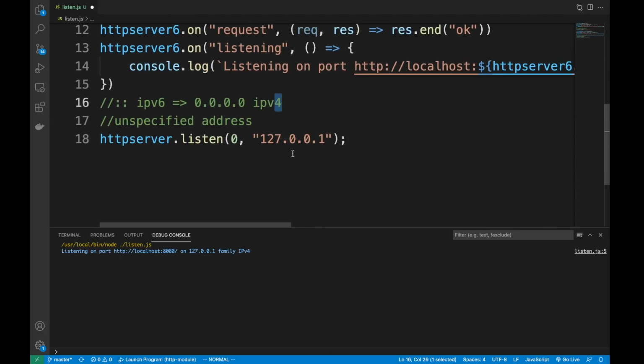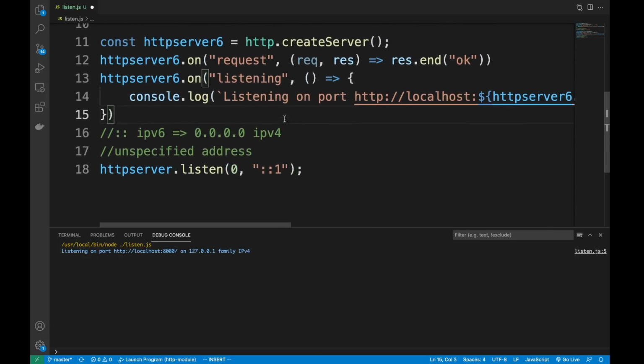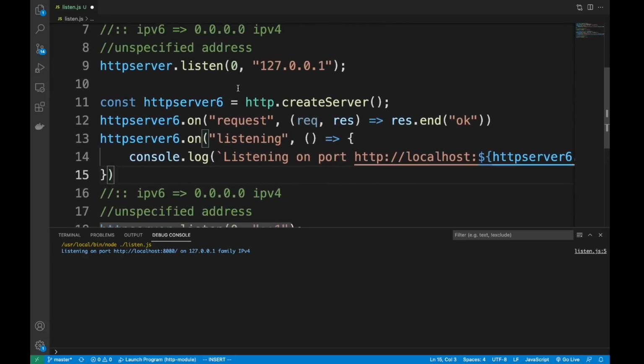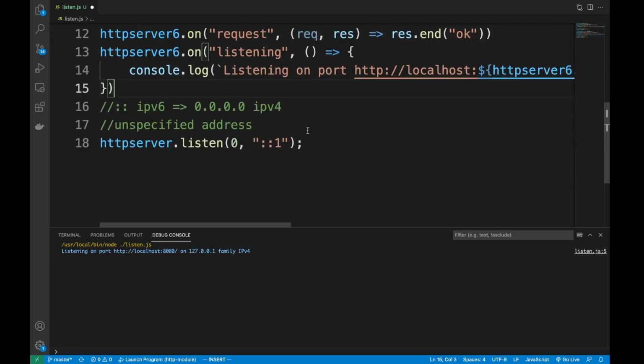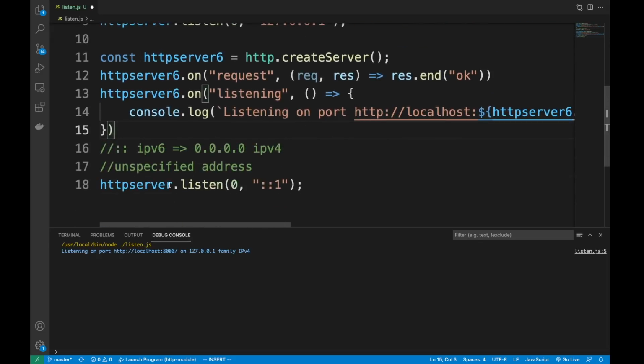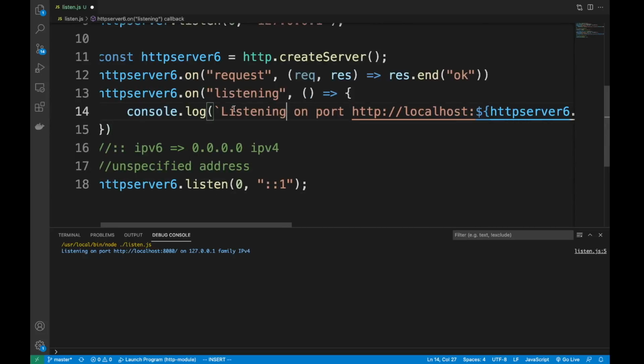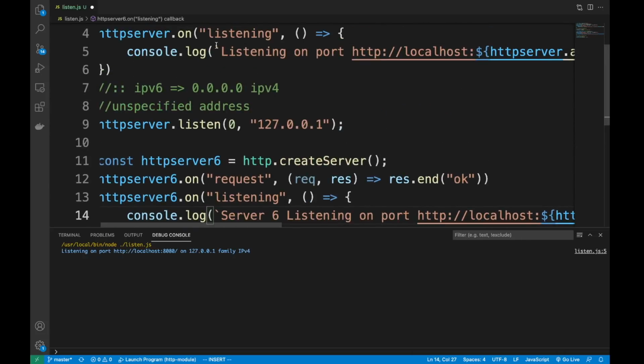Okay. And here I am going to listen to the one. So now I'm gonna get two different ports, right? And I'm listening on two different interfaces, right? Let's do that. Oh, forgot the 6 here. Now I'm gonna just listen, server 2. I'm gonna call this one server 6 here, and the other server